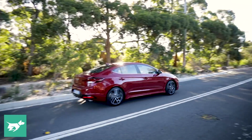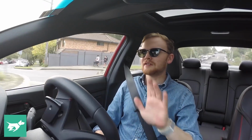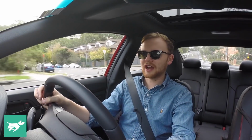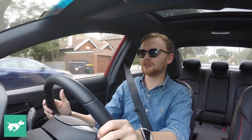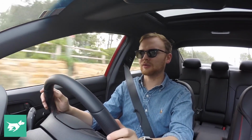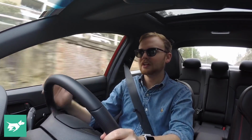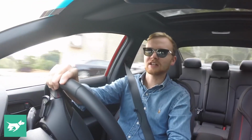There's lots of power off the line. It feels pretty quick. However, being front-wheel drive with an open diff at the front axle, you can get some pretty bad axle tramp if you really stomp it and the surface is a bit slippery, or if you're going around a corner, it kind of wants to understeer on you a bit. So an LSD would rein that in, but maybe that'd be part of a future Elantra N,